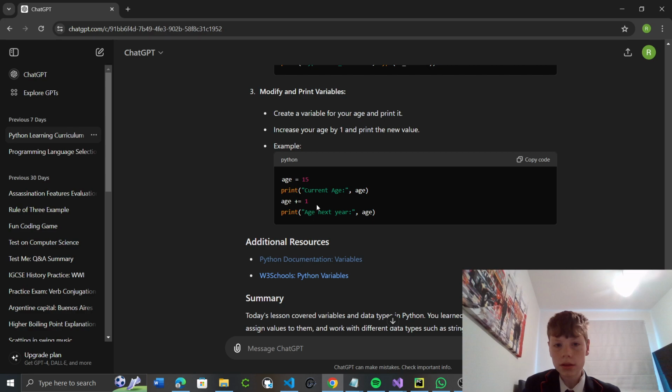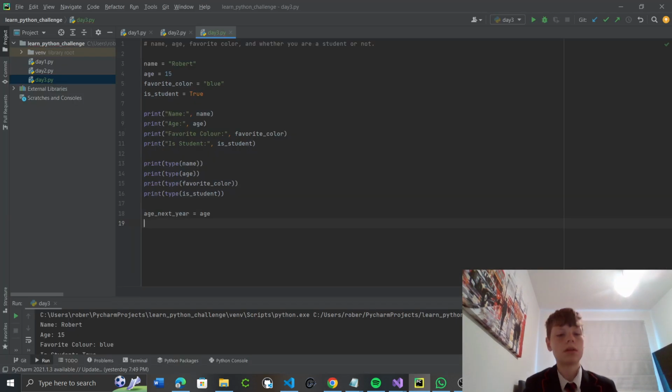How is it an unexpected expression syntax? I'll just do age. But I don't know why you can't do it on the same line. Because surely you just